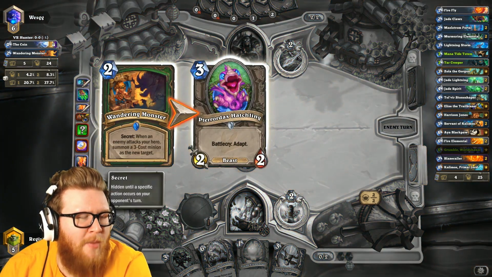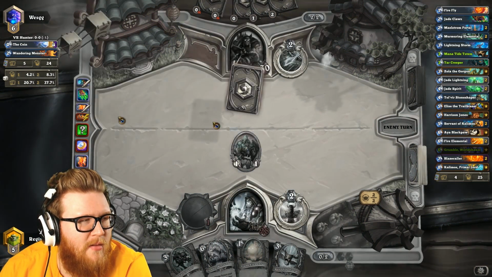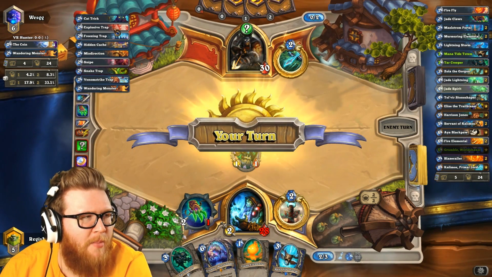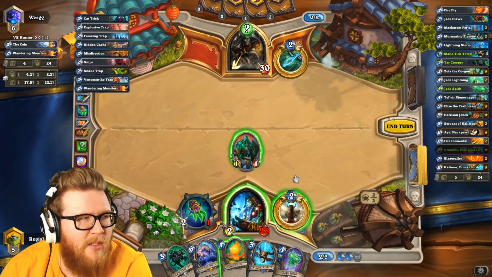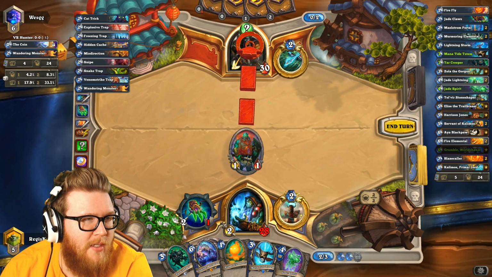I just don't know if Wandering Monster is good, guys. Why wouldn't you just want to run, like, a more consistent 3-drop secret? I mean, I would say Bear Trap, but, you know, not Bear Trap, but like Venom Strike, for instance. Cat Trick. I guess maybe you run all of them. If that's the case, then it doesn't matter, but...